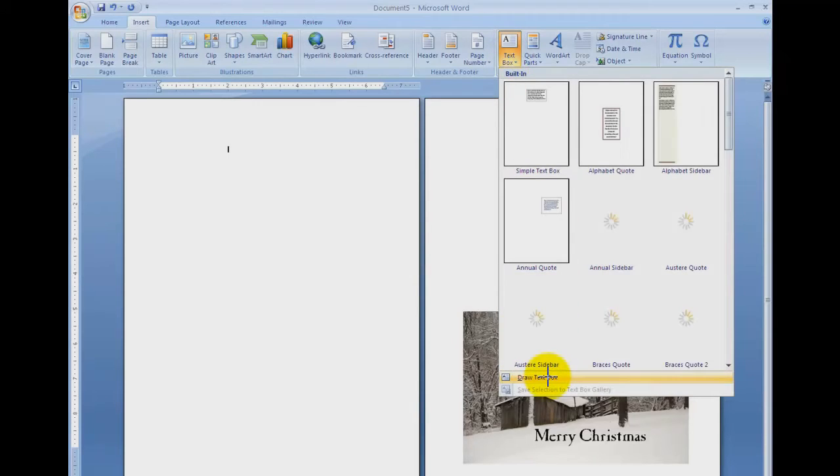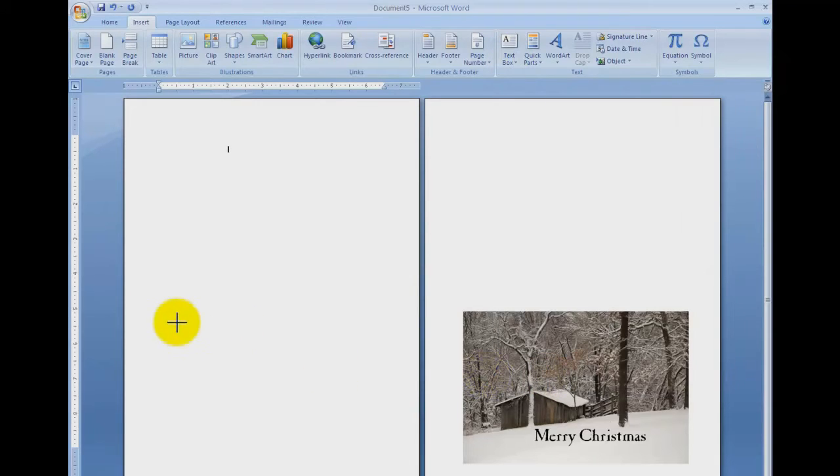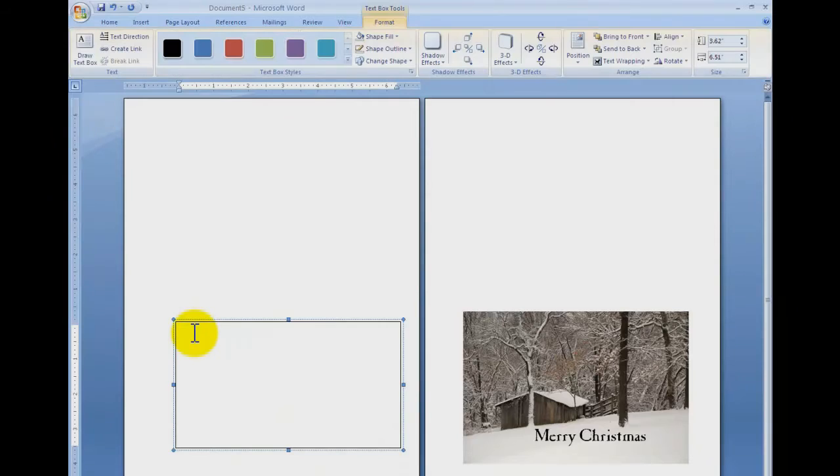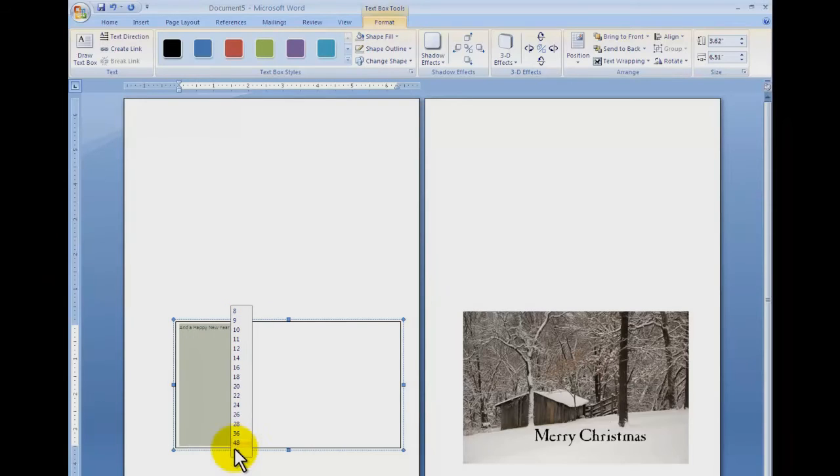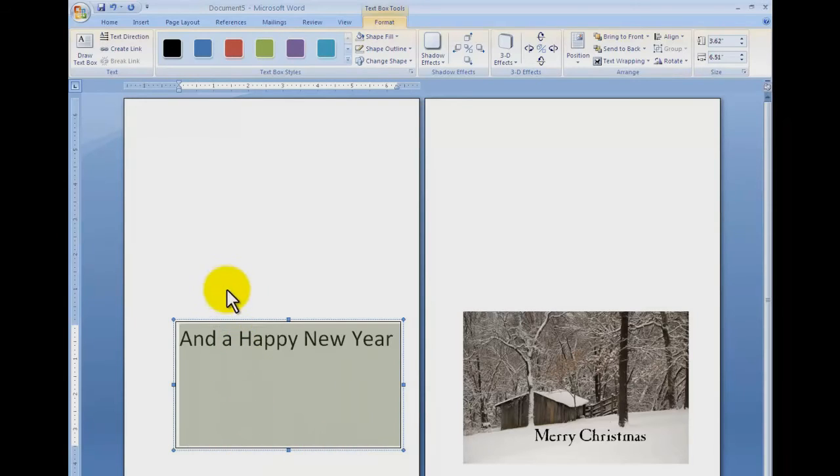draw text box. This will enable you to put your greeting that will show up on the inside of your card. You draw your little box there, and we type our text out. And then you can highlight that and put your font size in there. I usually make it a little bigger on the inside, so I'm going to go with 48 here